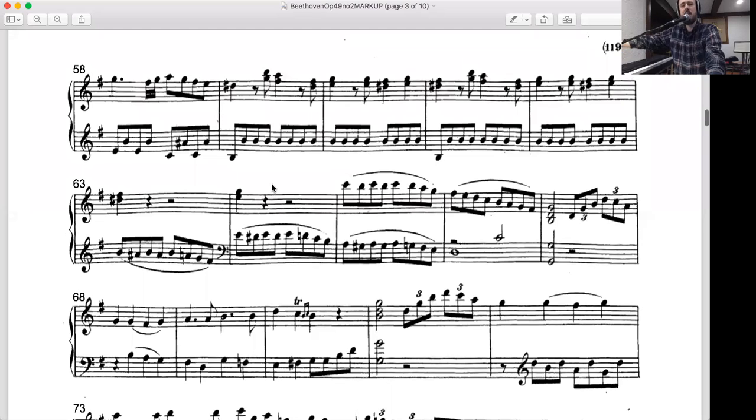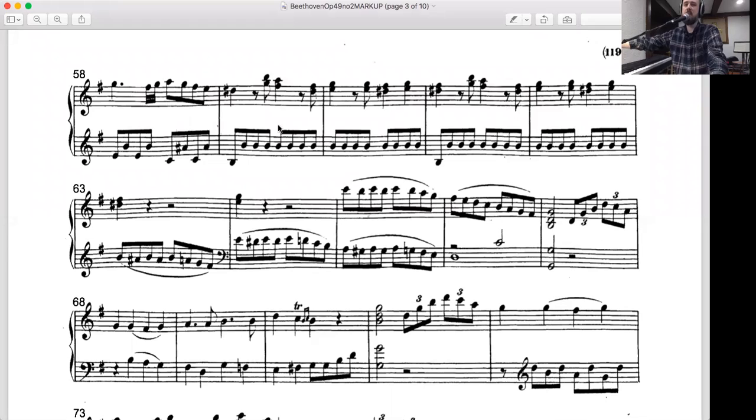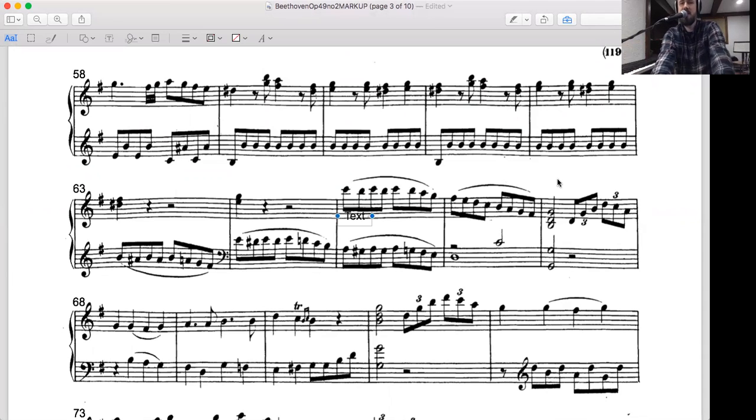So where we left off, we got through a somewhat surprising development section, and we did this nice little circle of fifths. And then we got to 5, and then we were back. And so the recap starts right here in measure 67. So I'm just going to write recap 67, and we know that the recap is pretty much going to go